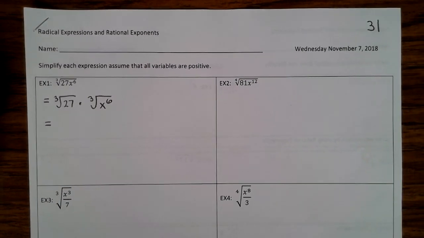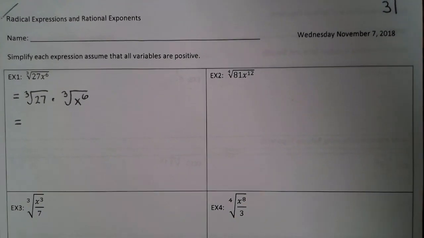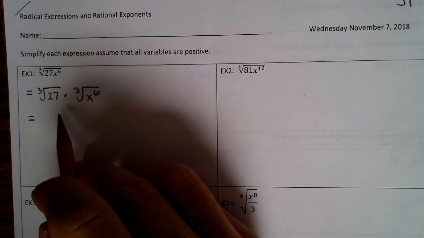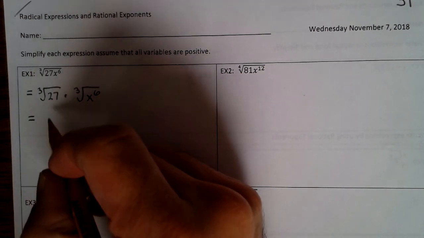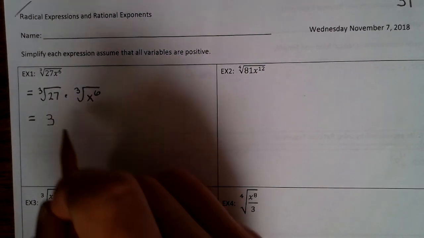Let me zoom in a little bit. There we go. All right, the cube root of 27 is 3. And then this becomes x